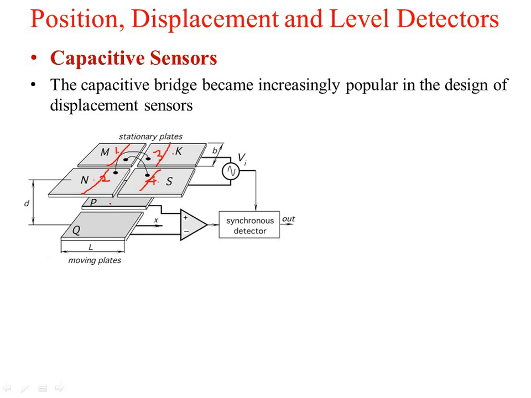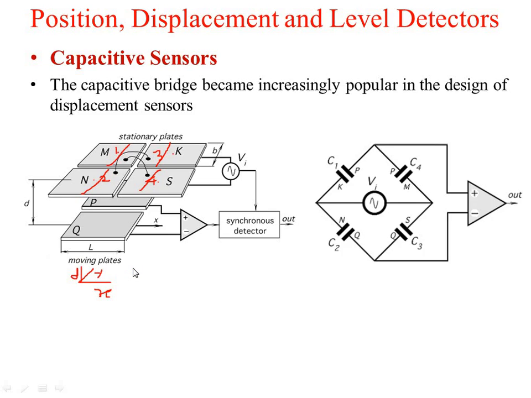Now what will happen if you move any of the plates? If you move any of the plates, or if you move both the plates in any direction, either upward, horizontal, right, or in x, y, z direction. So let us consider that this is the x direction, this is the y direction, and this is the z direction. So the z direction will change the displacement. This is going to change the x value, this is going to change the y value, and this is going to change the overall parameter. So the bridge will get unbalanced.